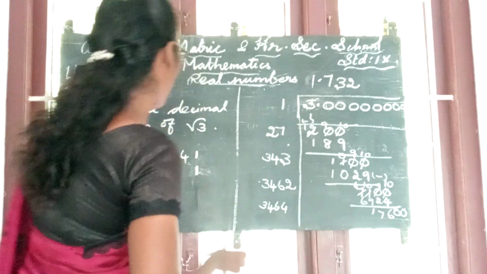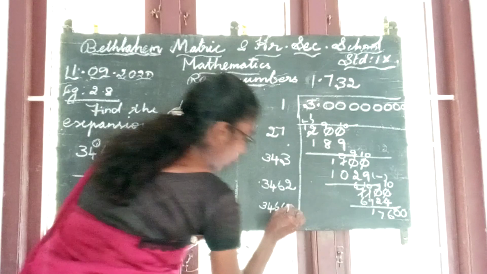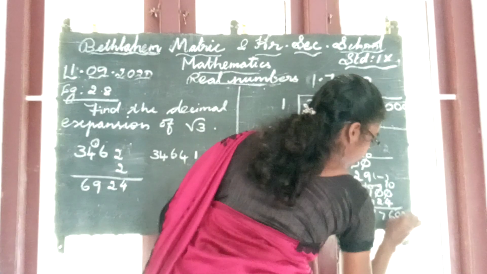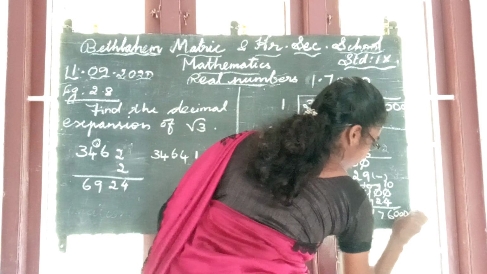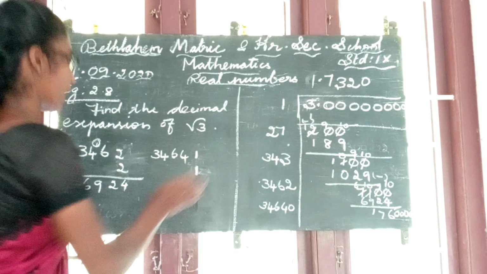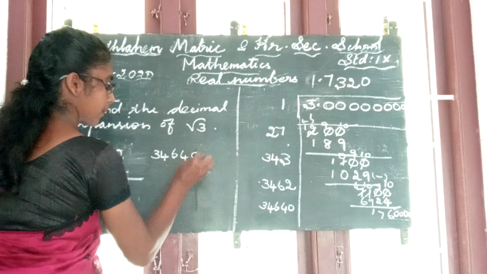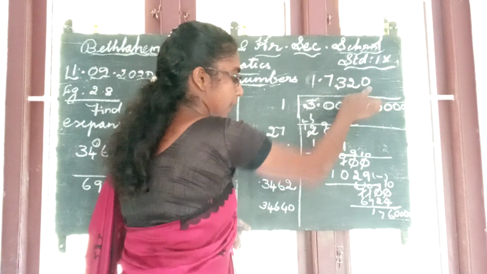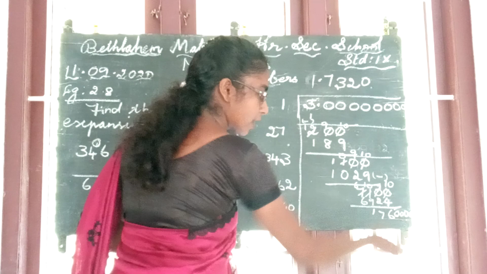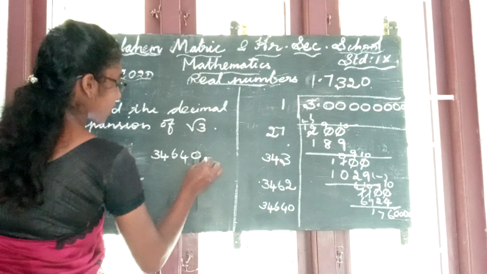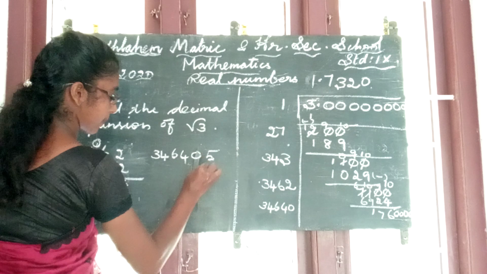In this case, what do you have to do? Here you have to write 10. Here also write 10. Here you have to include 2 more 0s. Now you multiply. Here 10. Here also you have to add 10. Next here you have to add 2 more 0s. So what is getting there? How many times? 5 times we can multiply and see.